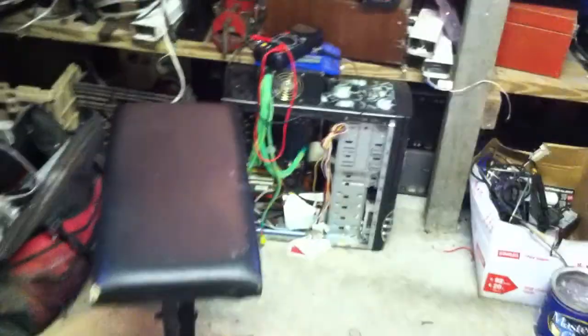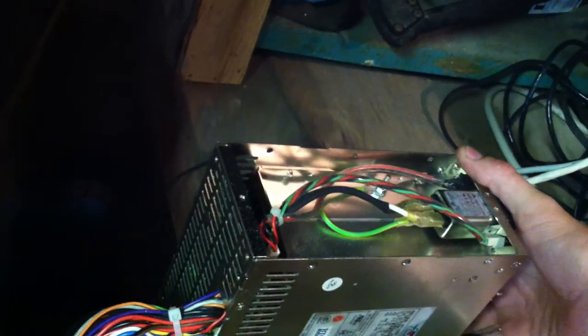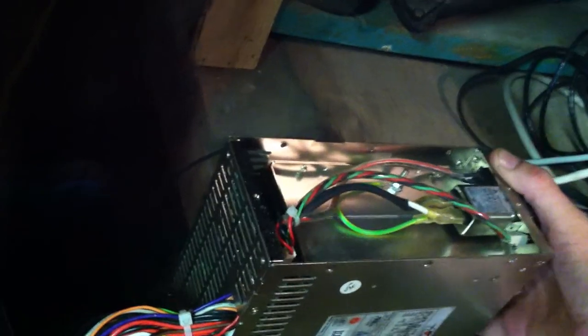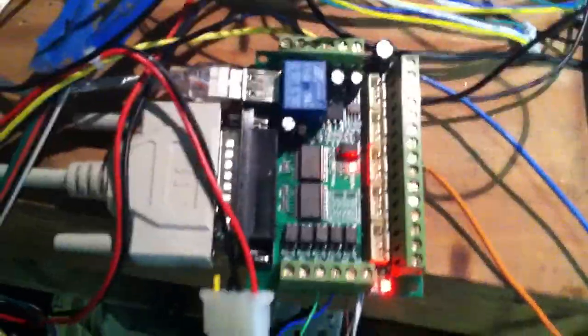I think also today I'll be working on the toroidal transformer. For some reason also, this guy here seems to be giving me fits. Like, shut it off, turn it on, nothing. See? Now 12 volts is on. Alright, so